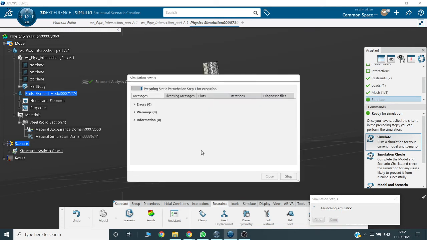Then it will go directly to launching the simulation; your mesh creation, model and scenario, everything it will check at a time.